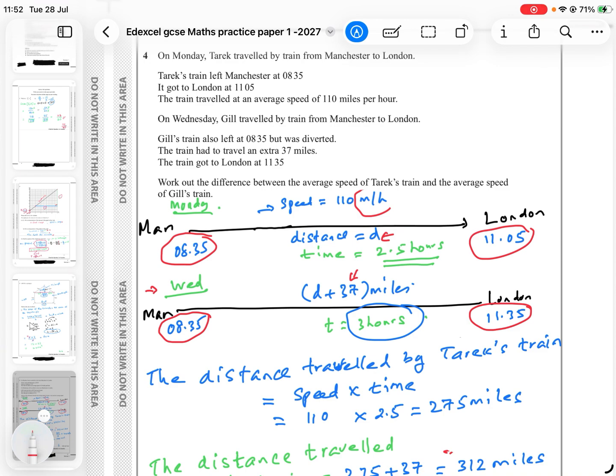The train got to London at 35 past 11. So work out the difference between the average speed of Tariq's train and the average speed of Gill's train. Now, when you look at this diagram,